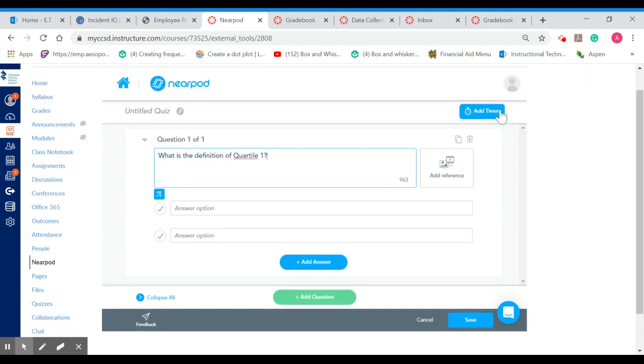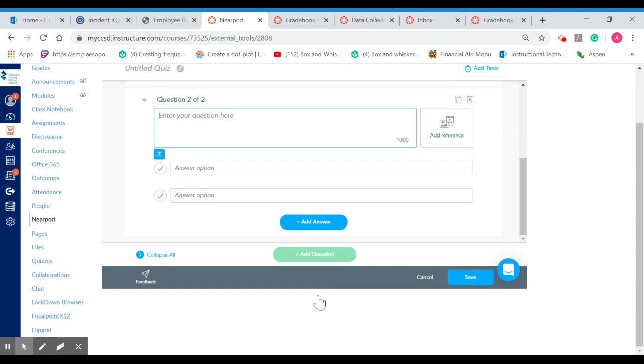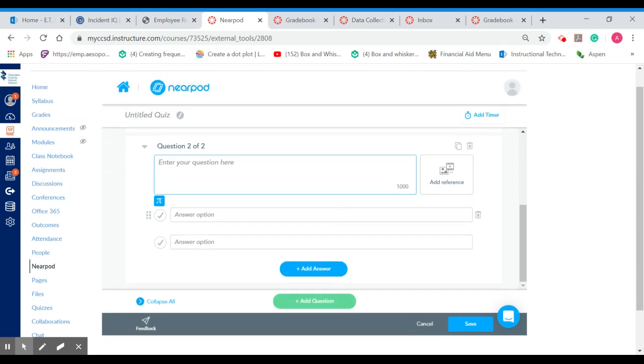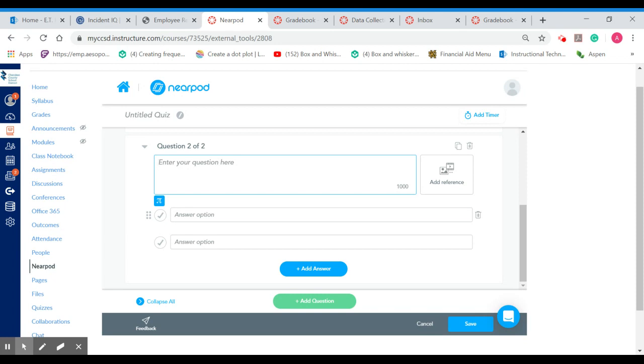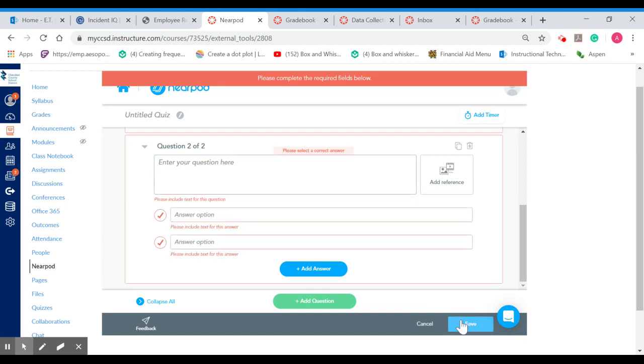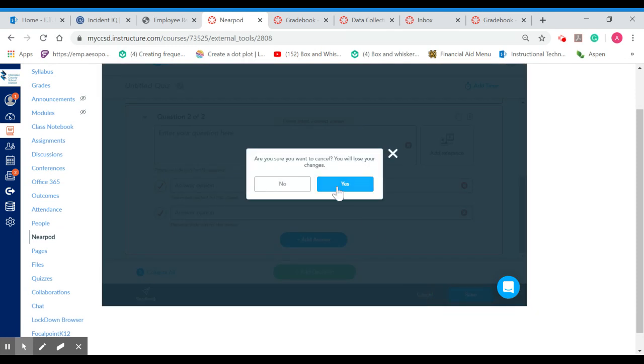You can add a timer if you'd like. You can duplicate the question, maybe add a reference guide if you're working with a periodic table and you want to add the periodic table for them to be able to see. That's also an option. And you can add another question. Yes, here's your next question, pulled right up. So you can just add a quiz in there to formatively assess what the students have learned through the PowerPoint. Those are just some options for you